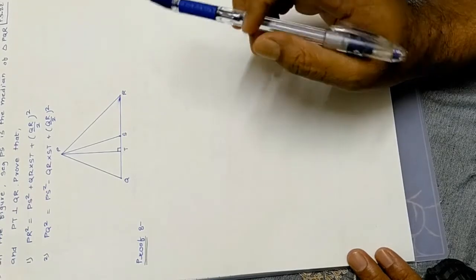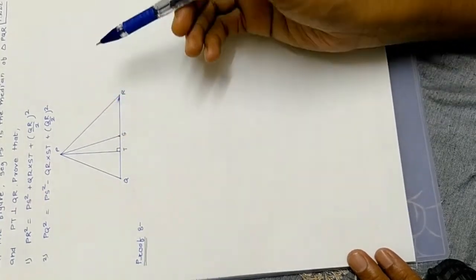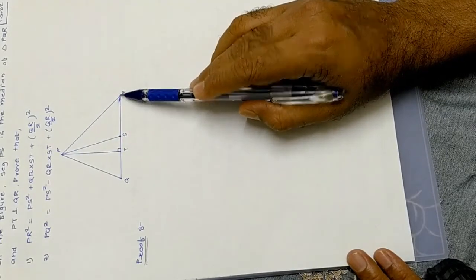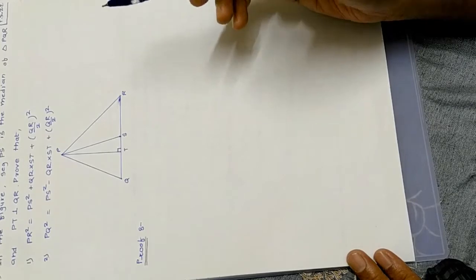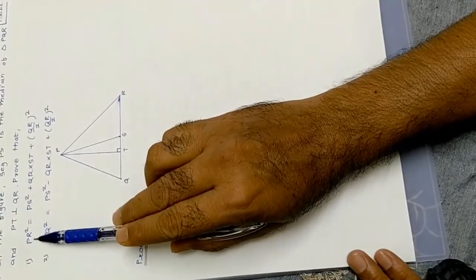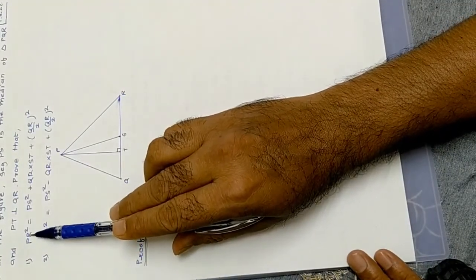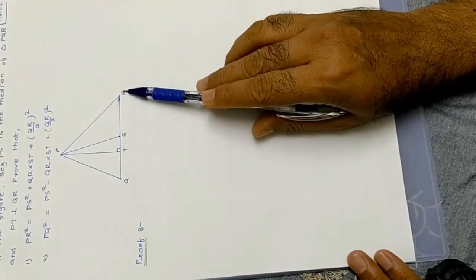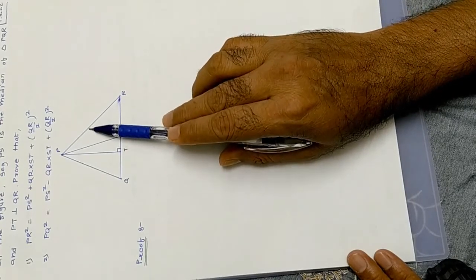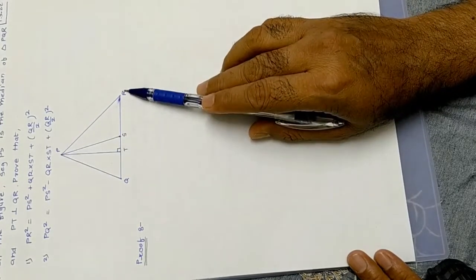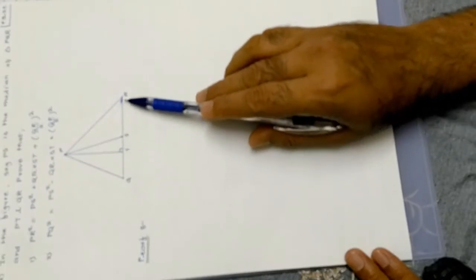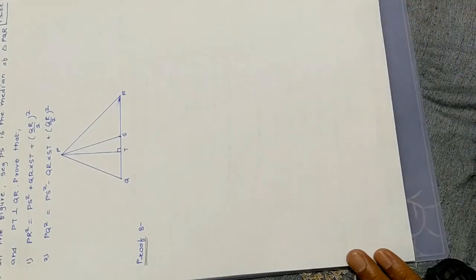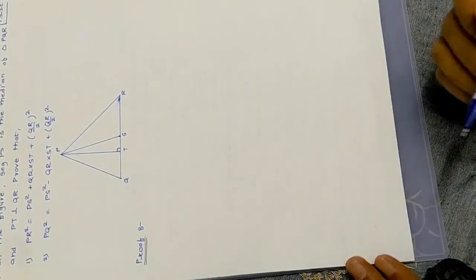Simple? Good. Now secondly we are again going to apply Pythagoras theorem for the triangle PTR. Now question arises, why sir PTR only? PTR because we want PR square. See here, PR square. We want PR square. So this is a PR, but PR is hypotenuse to the triangle PTR. So again we are going to apply Pythagoras. So what you are going to get? PR square is equal to PT square plus TR square. Okay, after that the important step will come. So let us write first step by step and then we will proceed.